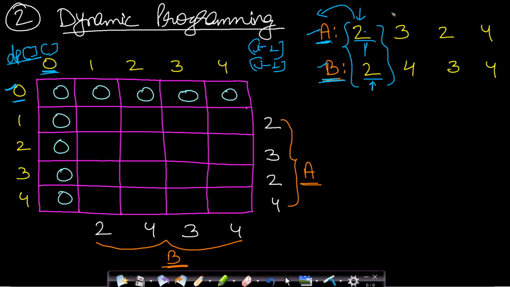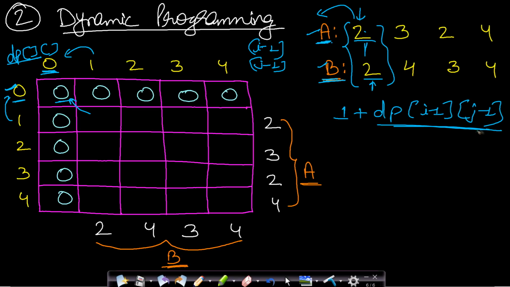You will have to decrement i by 1 and j by 1. That means the ith value will be decremented by 1 and the jth value will be decremented by 1. So this is basically i minus 1, j minus 1, the diagonal element. If you are leaving the current element of B and the current element of A because they are both equal, you need to add 1 to dp at i minus 1, j minus 1. This dp at i minus 1, j minus 1 says that you are leaving the current element of both B and A because they are both equal.